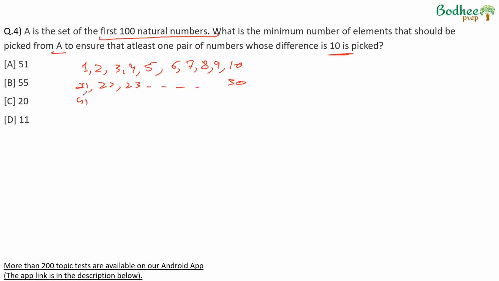We will start with 40. From 31 to 40 goes out. We'll start with 41, 42, 43, and so on till 50. The series of 51 to 60 goes out. We'll pick numbers from 61 to 70. 71 to 80 goes out. 81 to 90, or the other half. So basically, we can pick